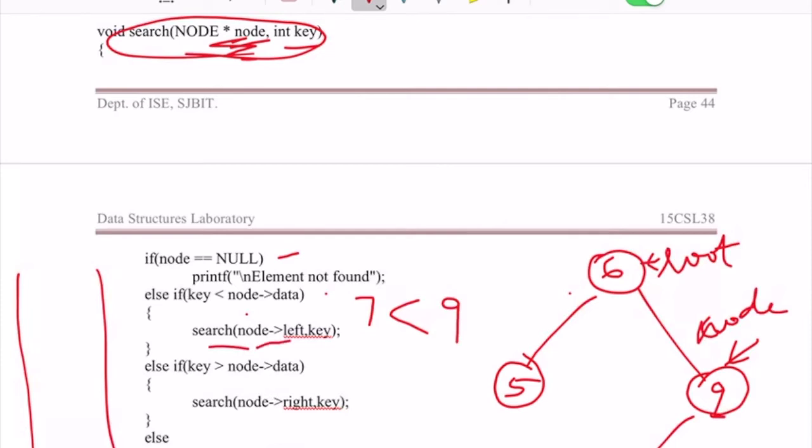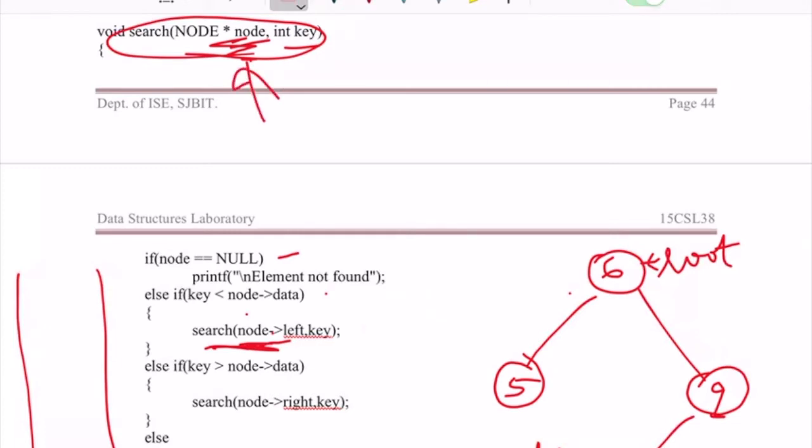So as you know, insertion happens in the same order, and the same way you are going to do the search. So smaller elements will be towards the left and larger elements will be towards the right. Now we are going to call the search function again by passing the node's left. So this is the node's left, that is passed as the node. So this particular node will become the next search item. So you are going to pass this as a parameter one more time.